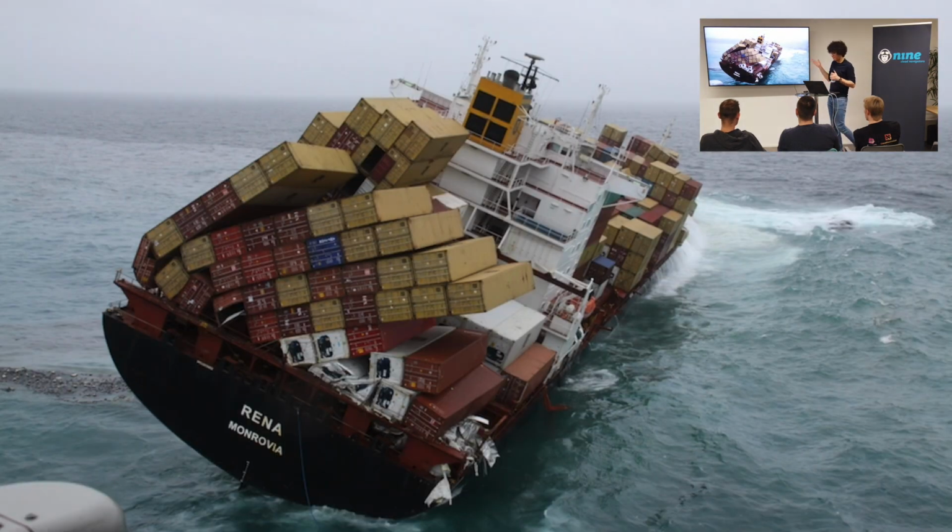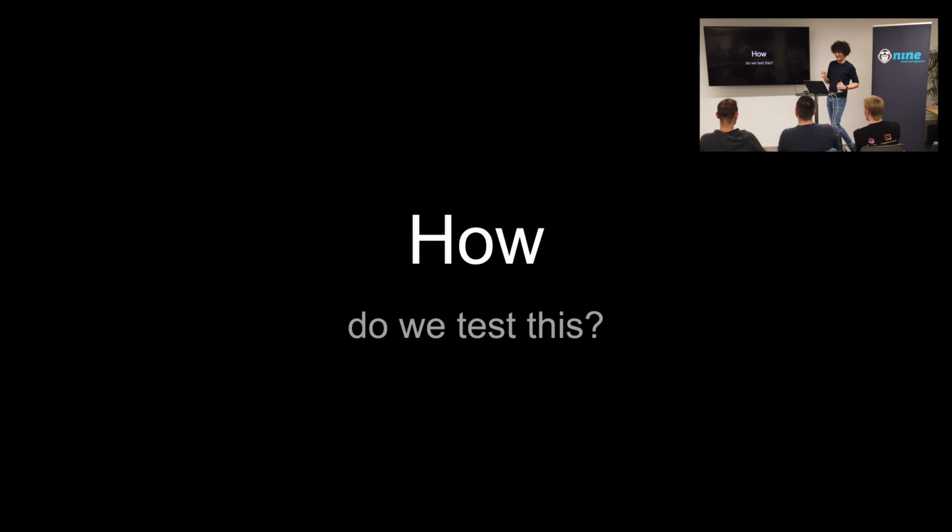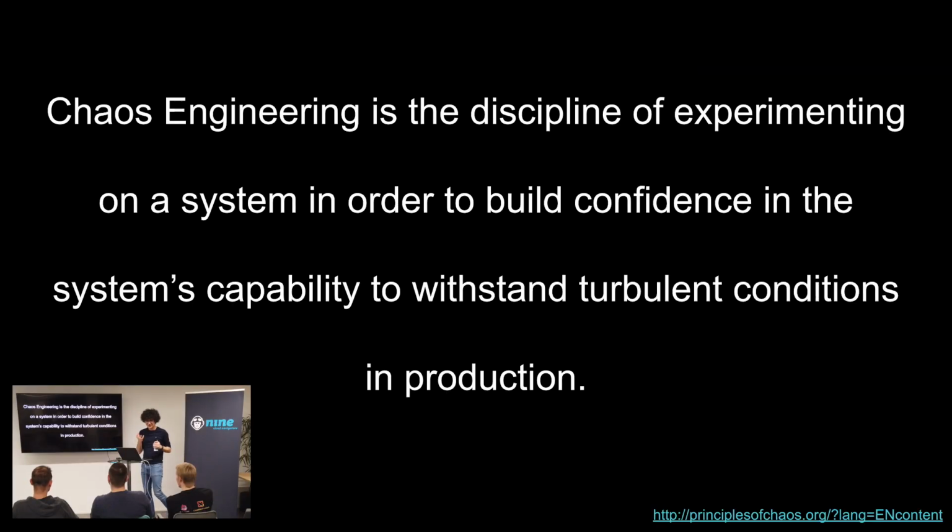So how do you organize something like this to happen without being Mother Nature? And there's this really cool thing. This is the only slide with actual text. So if you actually want to remember something or take a screenshot, this is on principlesofchaos.org. You can get this if you search for the GitHub of Chaos Monkey, which is the Netflix tool for doing chaos engineering.